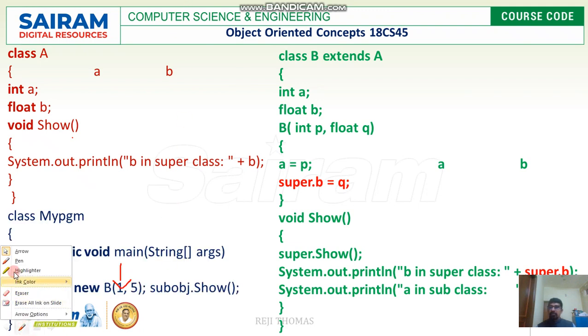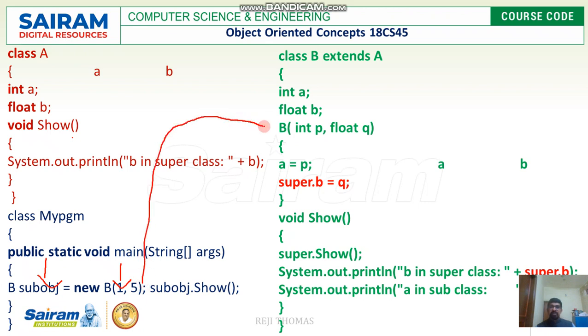Obviously, this will call class B's constructor. So it will come to this. And what happens now? The variable p takes value 1 and variable q takes value 5, right?